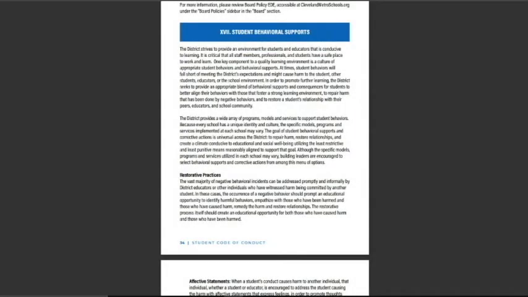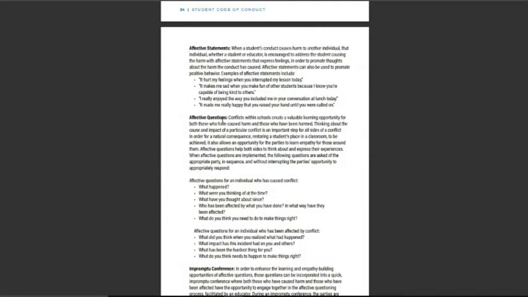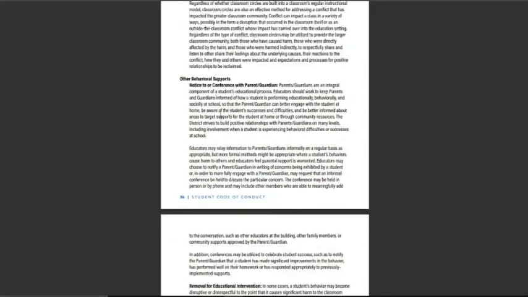On page 34, you can find the next highlighted point of student behavioral supports. In this particular section, it highlights the fact that this district provides a wide array of programs, models, and services to support student behaviors. Such supports include restorative practices, which include affective statements, affective questions, impromptu conferences, classroom circles, and then other behavioral supports that include conferences with parents, removal for educational intervention,